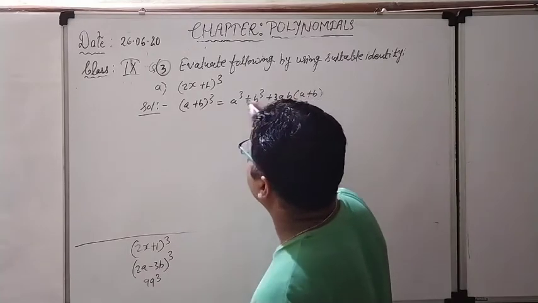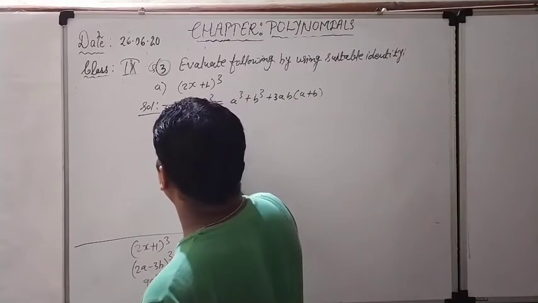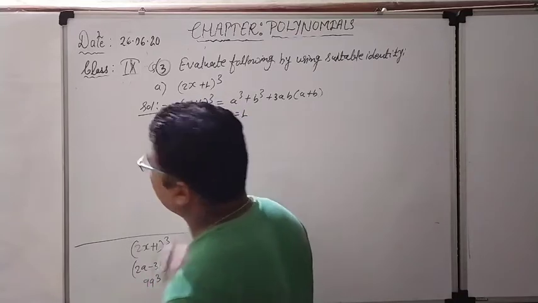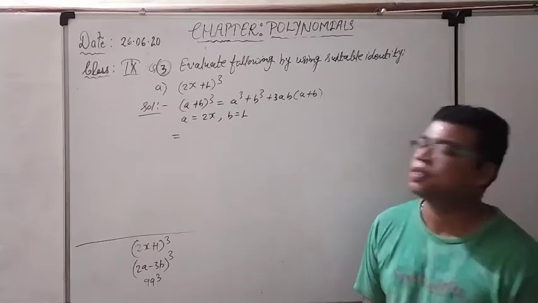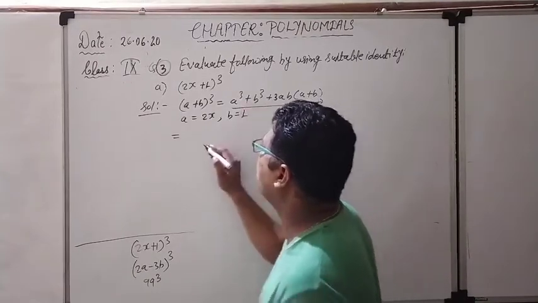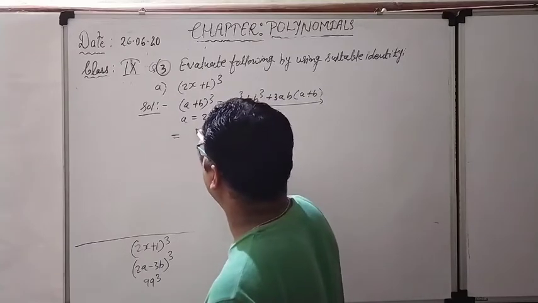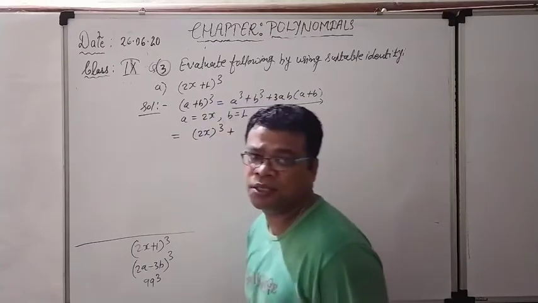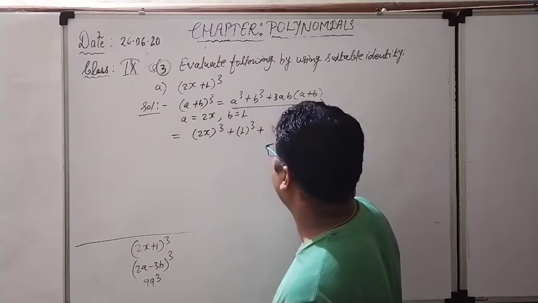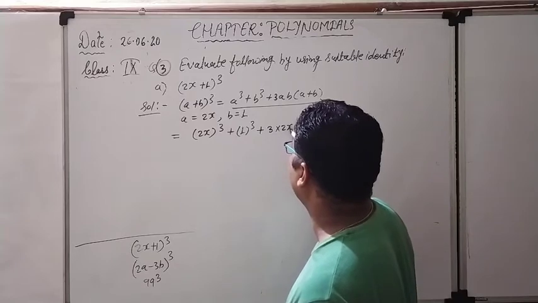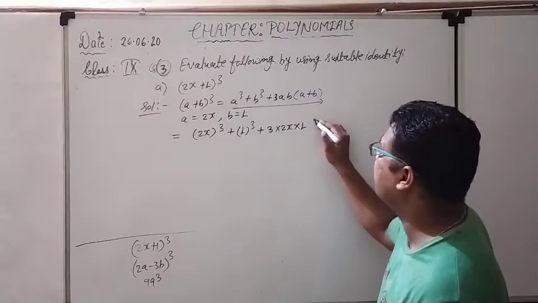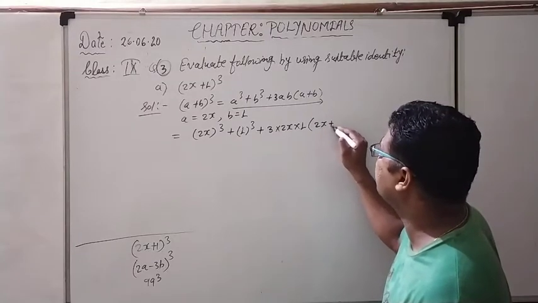See how. Only we have to see what is there in place of a. In place of a, 2x is there. In place of b, 1 is there. So nothing. Directly we will get the answers. We have to follow these particular steps from here to here. A cube, what is there in place of a? 2x, so 2x cube plus b cube, what is there in place of b? 1, so 1 cube plus 3ab, so 3 into a, what is there? A, 2x. What is there in place of b? 1. Only you have to fill the values. Inside the bracket a plus b means 2x plus 1, same thing.